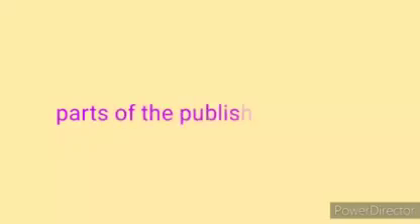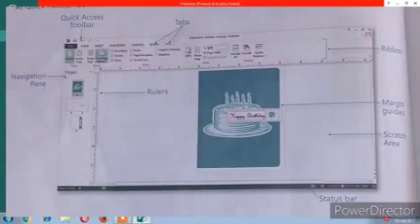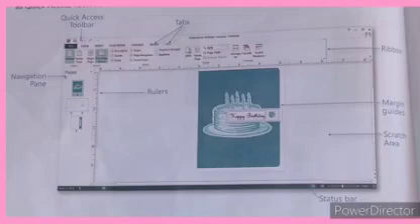Parts of the publication window. The interface of the Publisher 2013 is similar to Word 2013 to a certain extent. Most of the elements such as quick access toolbar, ribbon, status bar, rulers, vertical and horizontal scroll bars are common. The other elements of the Publisher screen are page navigation pane, scratch area, guides, margin guides, customizable guides.